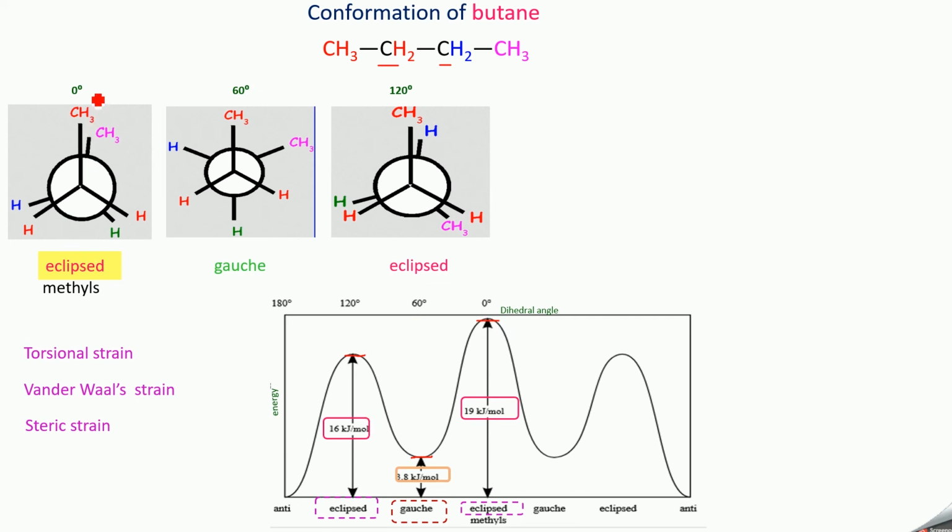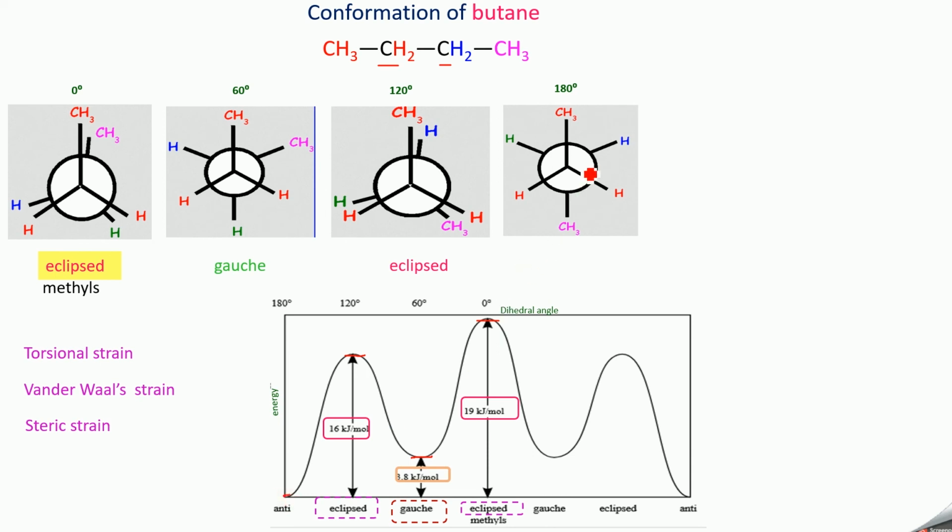So this is a dihedral angle 0 degree where you have a completely eclipsed form, because CH3 groups are eclipsed, therefore the energy is high. But here this is also an eclipsed form, but here CH3 and hydrogens are eclipsed with each other, therefore the energy is 16 kilojoule per mole only. So this is partially eclipsed, not fully eclipsed. Now again when you rotate the back carbon, what will happen? The CH3 will come over here. So the potential energy starts decreasing and it reaches this value at 180 degree, the minimum value we are getting.